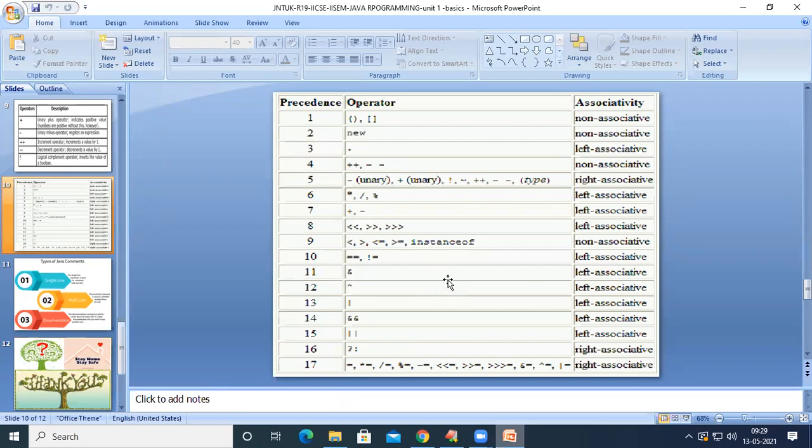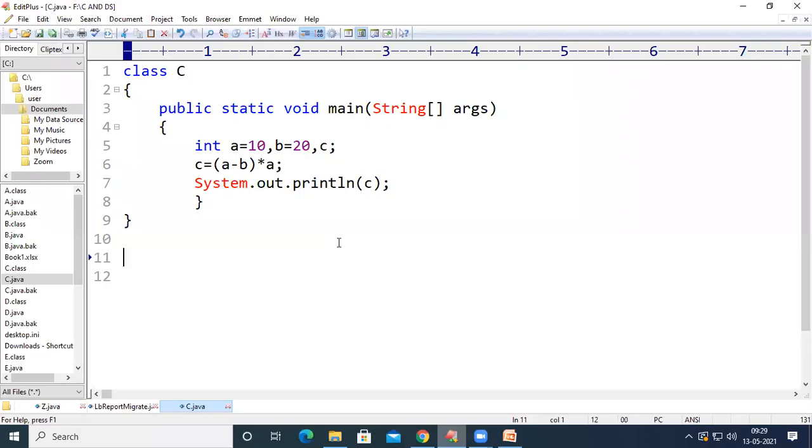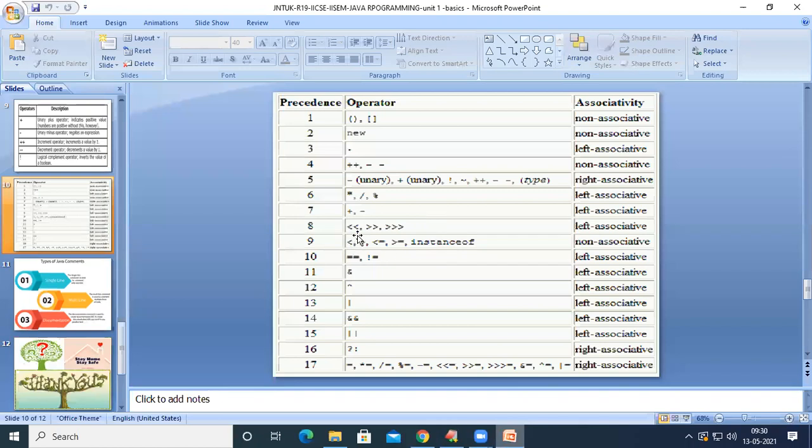And see here, if we have star and slash in the same expression, for example, here I have taken B star A divided by B. If you observe this table, both star and slash have the same precedence.